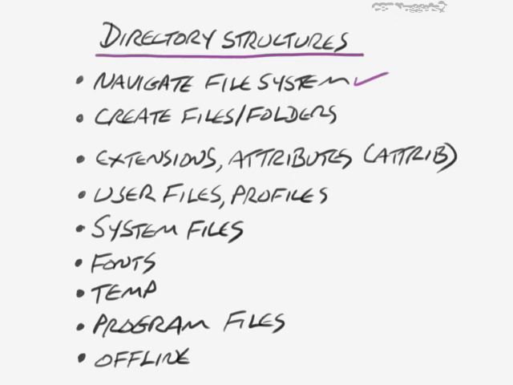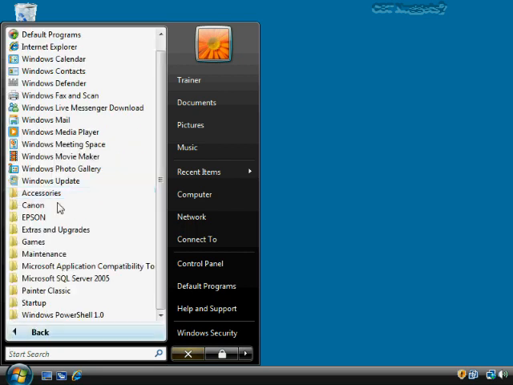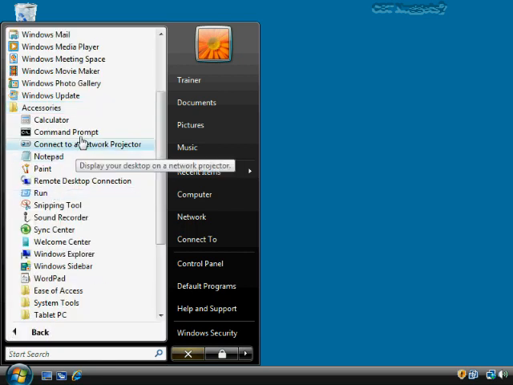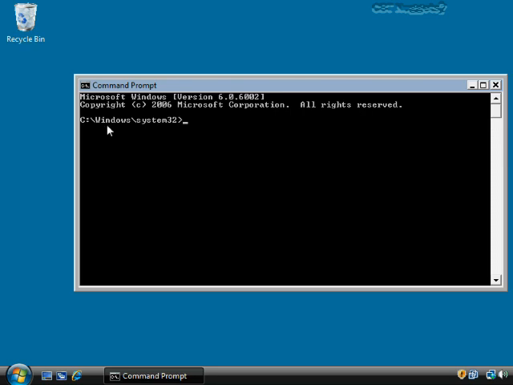Now, really it's mostly a matter of preference, but if I were to go into the Windows Vista operating system, and just about everything I'm going to show you here really applies across all editions of Windows, then I would go to maybe the command prompt here to launch the command prompt. So if I click on this, notice that it takes me right to C:\Windows and then System32. Now, first of all, this is seldom, if ever, where I want to be. I usually actually like to start in the root of C and then navigate to wherever else it is that I want to go.